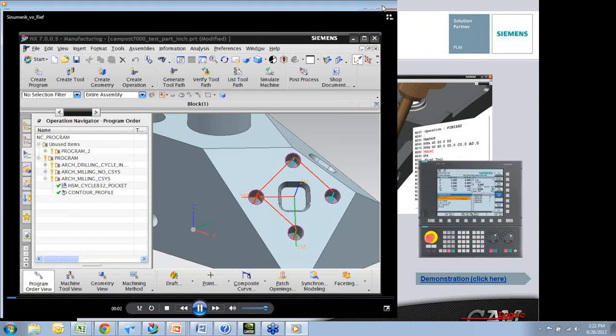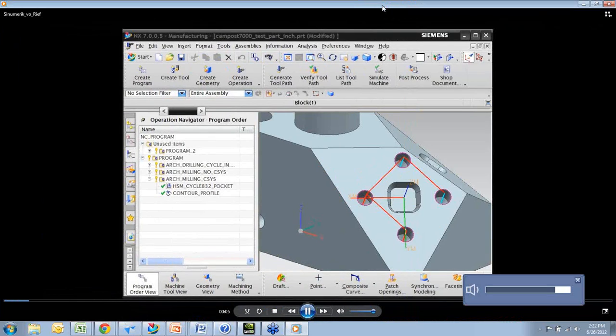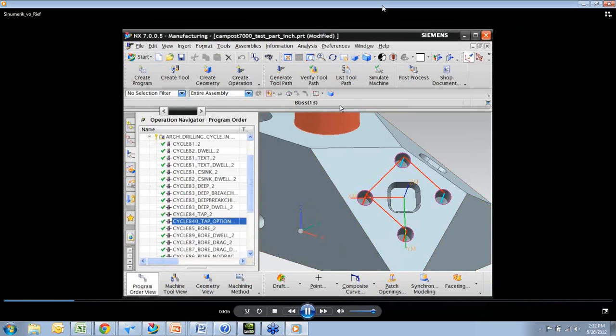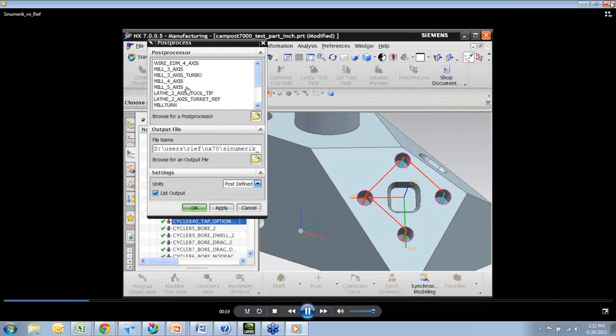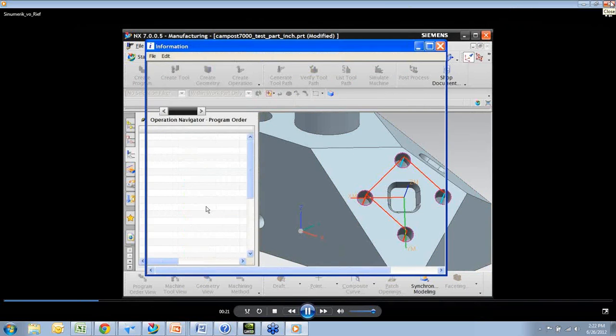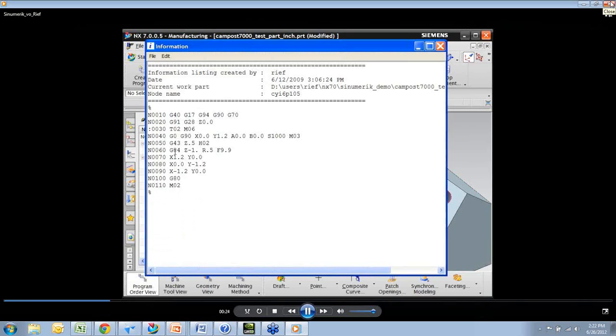This is a demonstration of support for Sinumerik machine cycles and special commands in CAM and CAM Express. Let's start by looking at a tapping operation. If I were to post-process this through a typical post, we would see fairly standard output, G84 tap cycles, DNR,